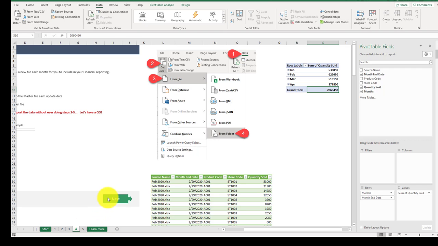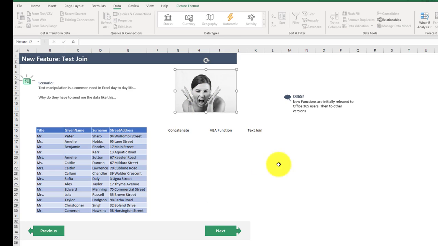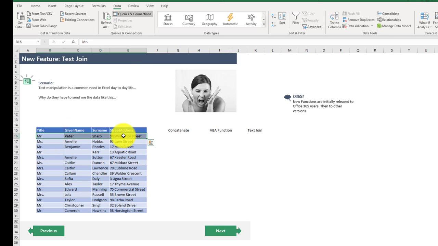Let's go to our next example. How many times do you see this or feel like this? You've got data that gets sent to you that you need to do some kind of manipulation to. You've got to manipulate the data as part of your day-to-day activities and getting files ready. So in this example, what we're going to try and do here is we're going to try and bring these